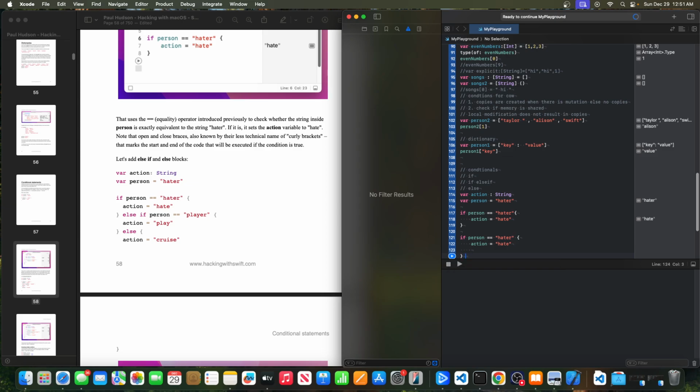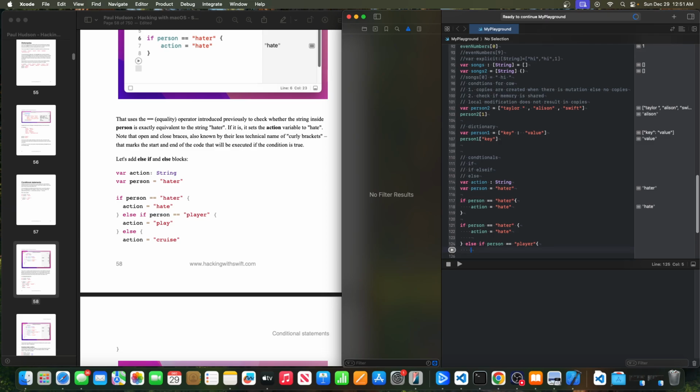So we write else if, let's say person is equal to there, then do again some block of code. And then let's do this. Let's make action here equal to there, close this, and then the default condition is